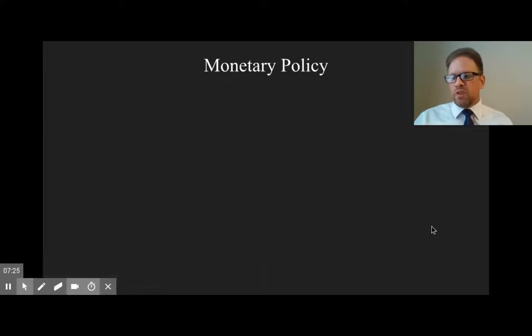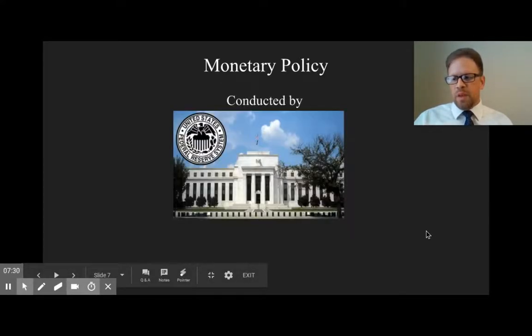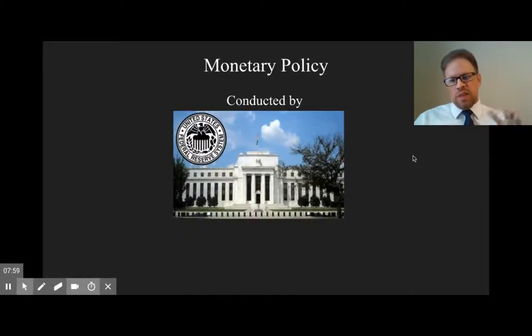Now, monetary policy refers to actions by the Federal Reserve System that lead to changes in the supply of money and also the availability of credit. Now, I should point out, monetary policy is done at the federal level. It is not done at the state or local levels. This is only something done at the federal level. Now, rather than directly dealing with consumers, monetary policy is actually more concerned with the banking industry. So they will do things that will influence the banking industry to basically affect consumers indirectly.